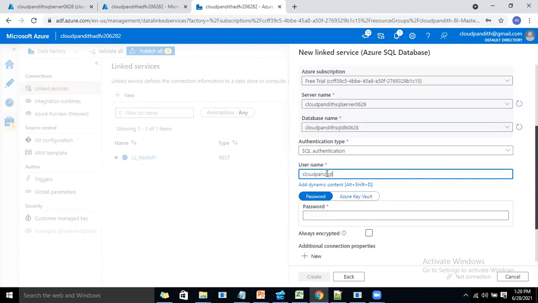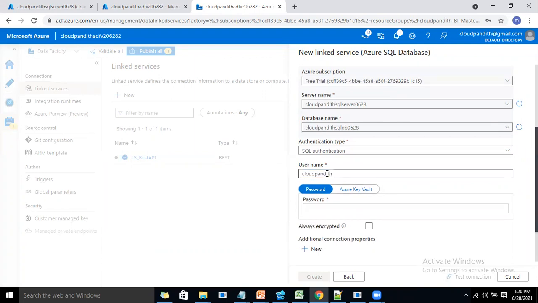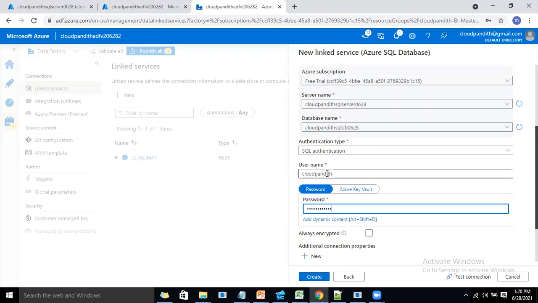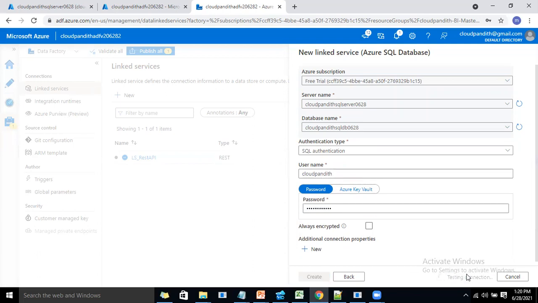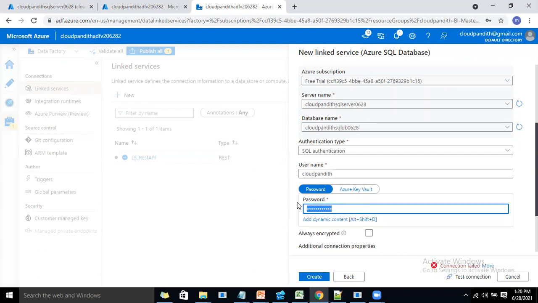See, this is very important. Credentials are very important. So at least the password, we can keep it in a key vault. All these things we covered as part of normal training. But here I'm not covering them because it basically increases the length. Let me enter my password once again carefully.